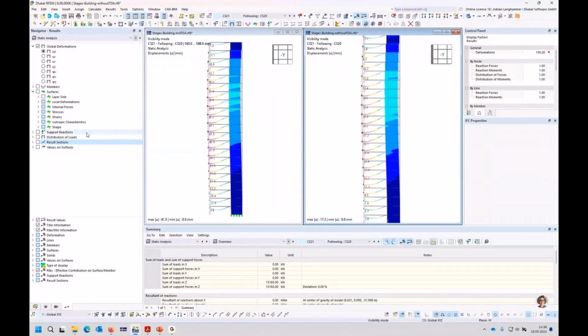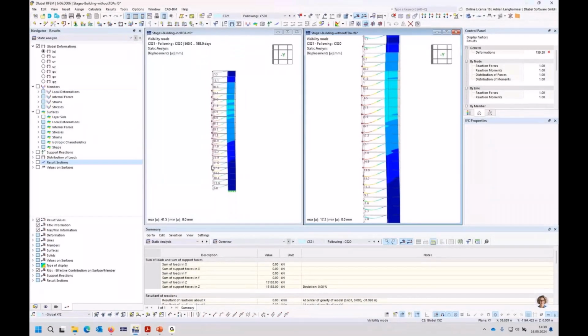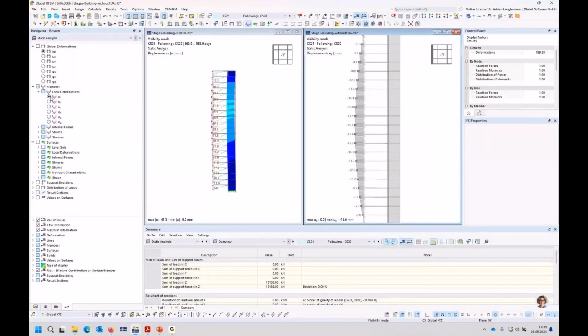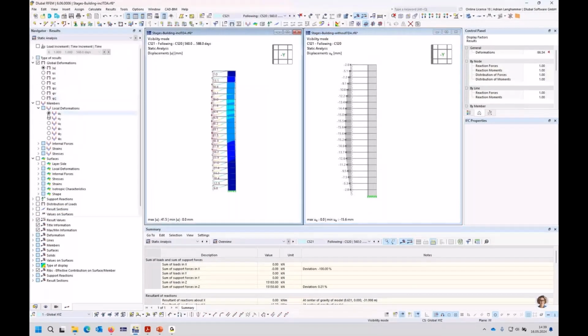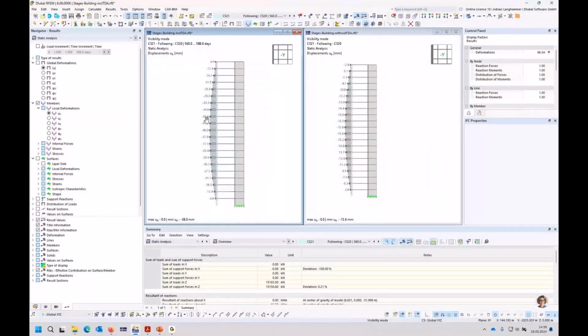It is also visible when I show the deflection in the actual direction of the columns. So we can have a look at these results, UX, and you see the deflections in the columns, and that it is here with TDA